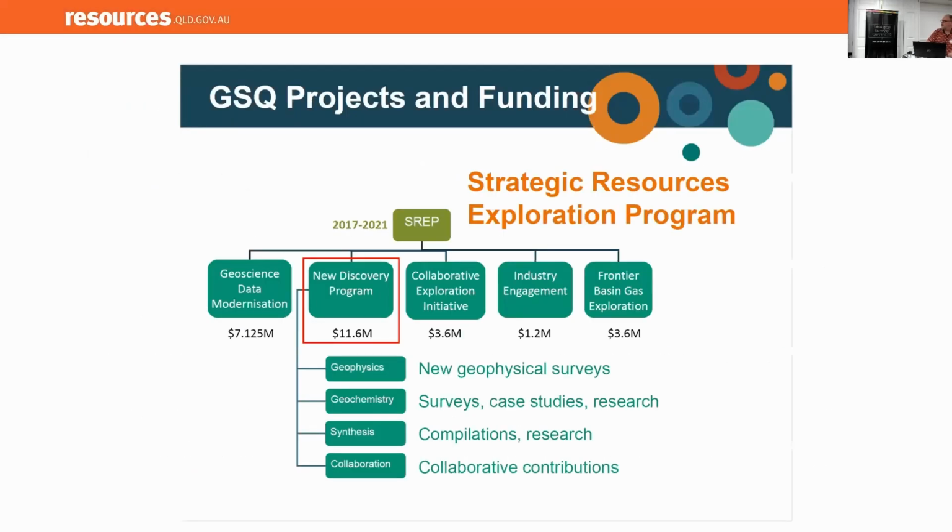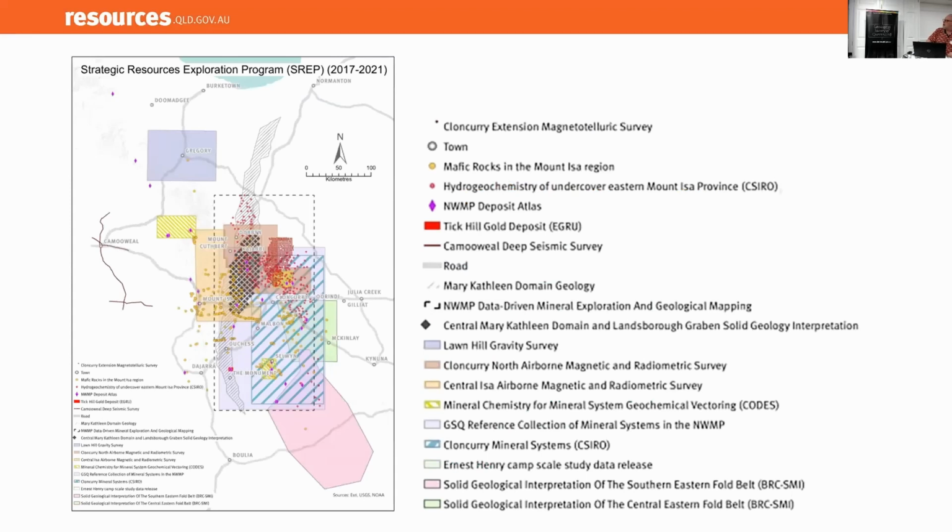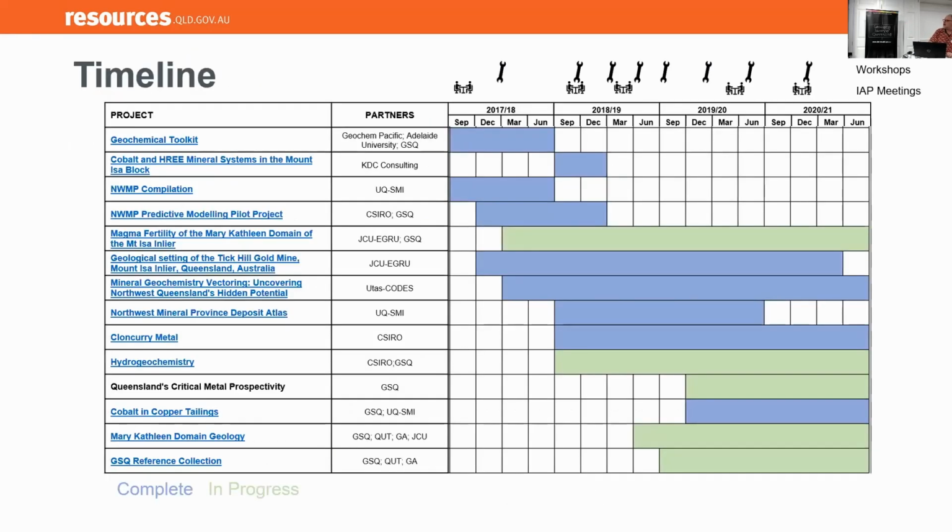So I'm not going to go through all these things. You've seen all those, but this is just all from the website, really showing the spatial extent of a lot of the work that was carried out. So there's a timeline of all the various different studies. All the blue ones here are basically,